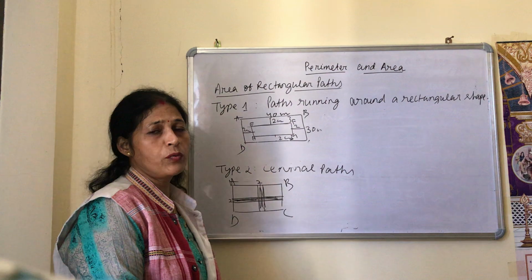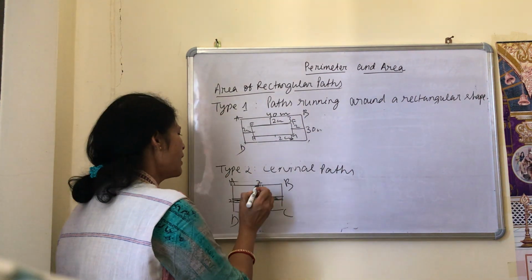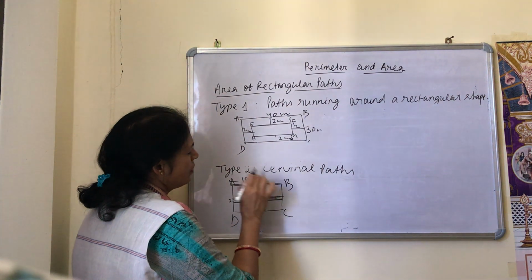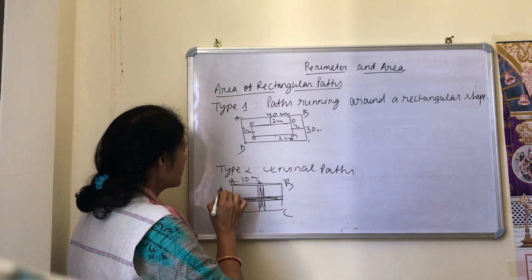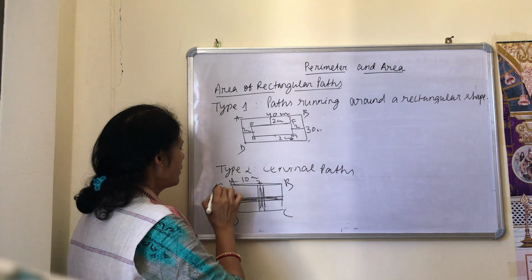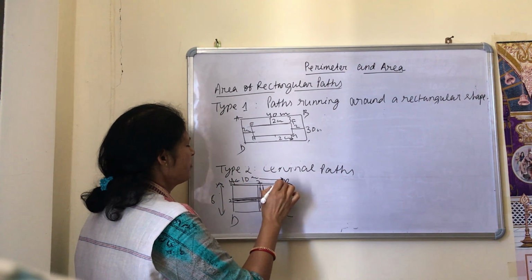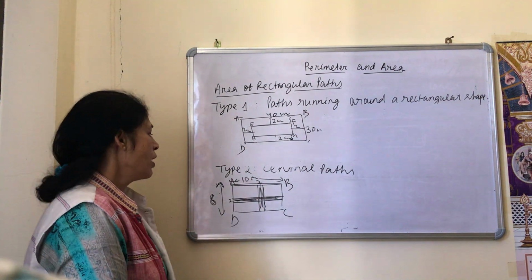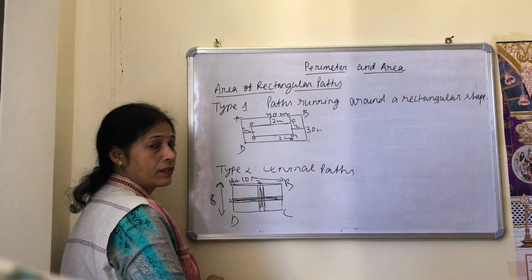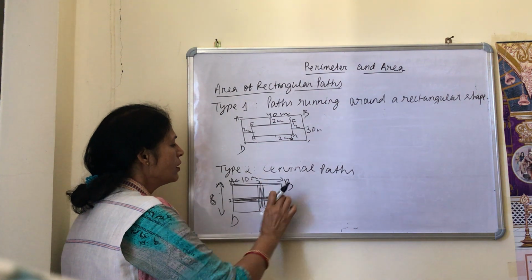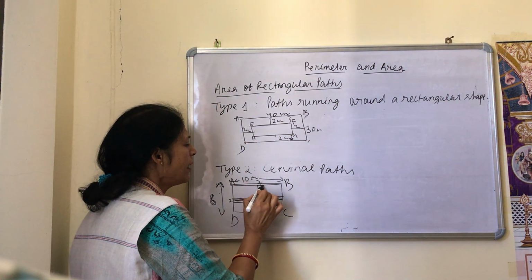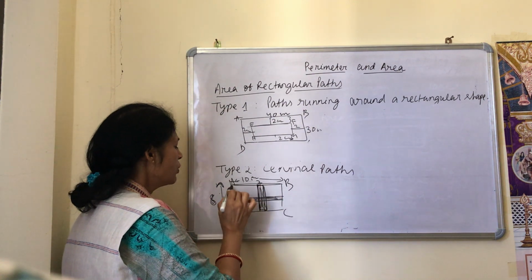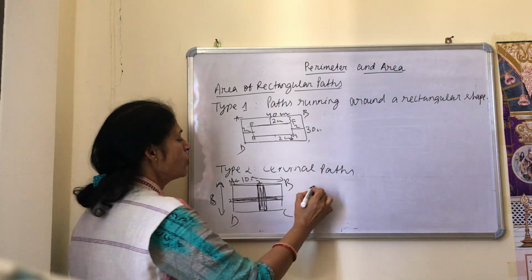Okay, in both ways, first you find the area. Suppose this is given as 10 centimeter, and this is given as, suppose, 8 centimeter. This is 8 centimeter, this is 10 centimeter, and 2 centimeter is the path. Okay, first you find out the length and breadth. Suppose this, okay, a small path like that. This is 8 centimeter, this is 2. So 8 into 2.